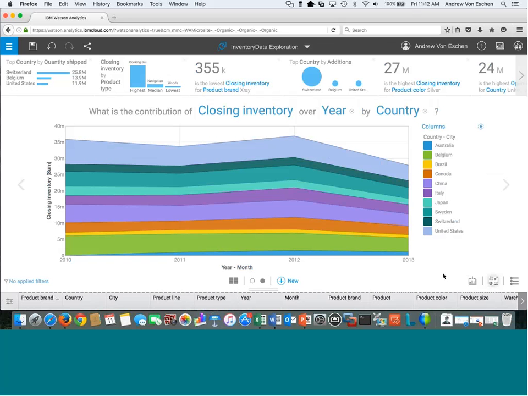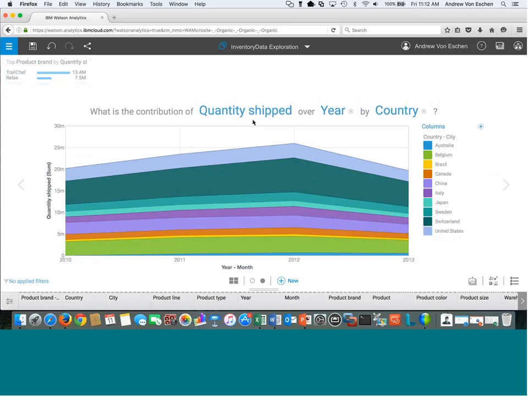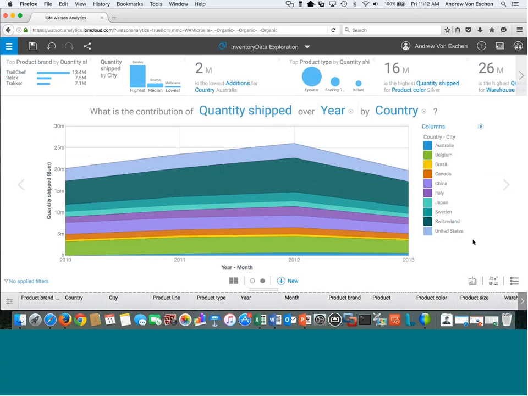Now, if I wanted to know a little bit more, not closing inventory, my question is more on that quantity shipped, I can simply click on that contribution at the top where it was highlighted blue and flip that over to, maybe it's that quantity shipped, and actually see what we're shipping or closing or opening, and you notice that everything starts to dynamically change. So that helps me understand a little bit more of who's buying. It looks like Switzerland, the U.S. is doing pretty well, Belgium's doing pretty well, so those are a couple key areas that I might want to take back to Spencer and just say, hey, we're shipping a lot of products to these 3 countries.